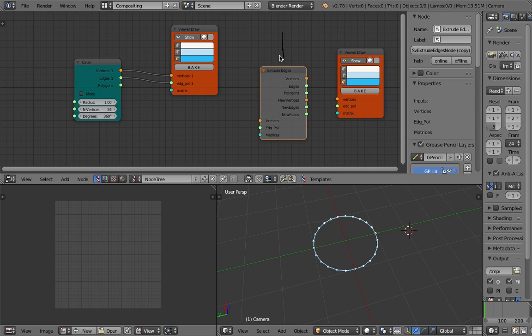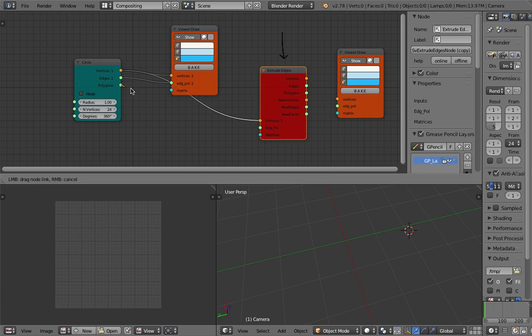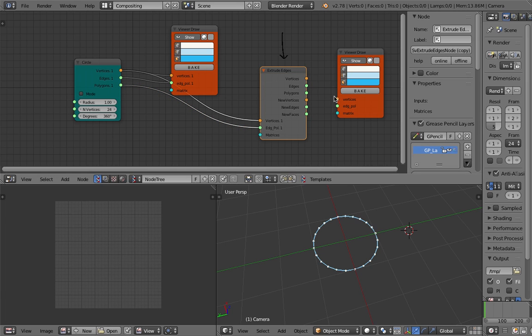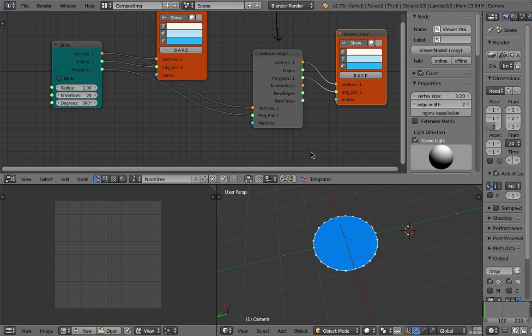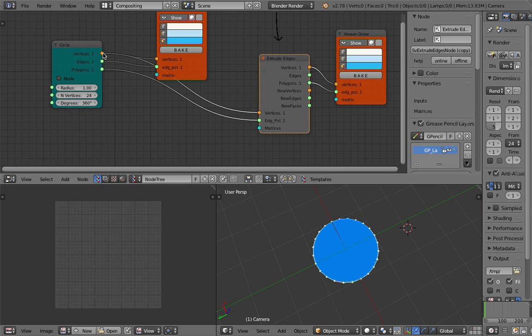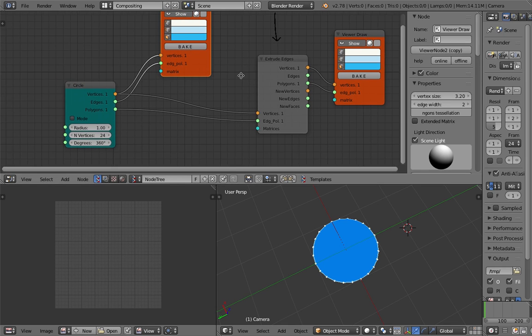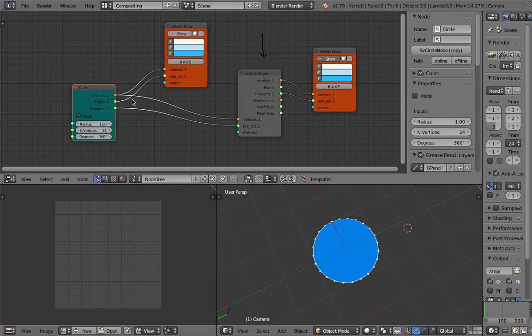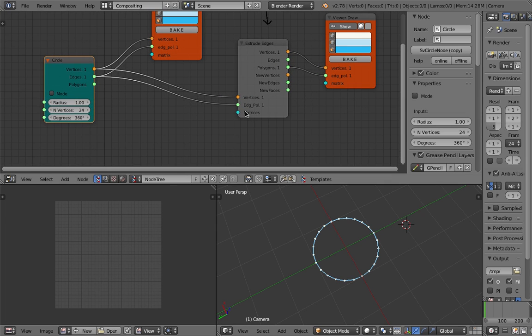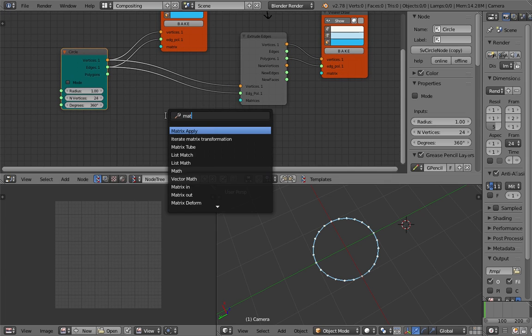But this one right here is quite interesting. It's probably not the most obvious. It's not the easiest to understand. If you look at it, you might think, okay, that's a circle, and that's supposed to create edges. But you will see that's not really that simple because we need to provide these matrices. Let's do that real quick. Matrix in,